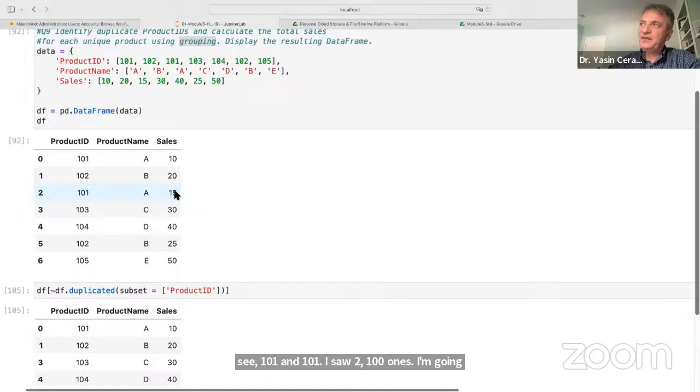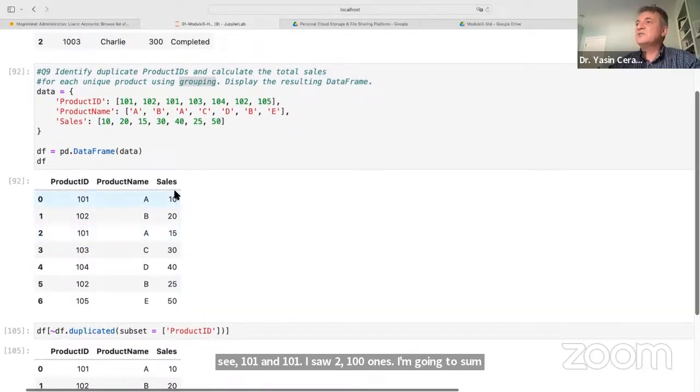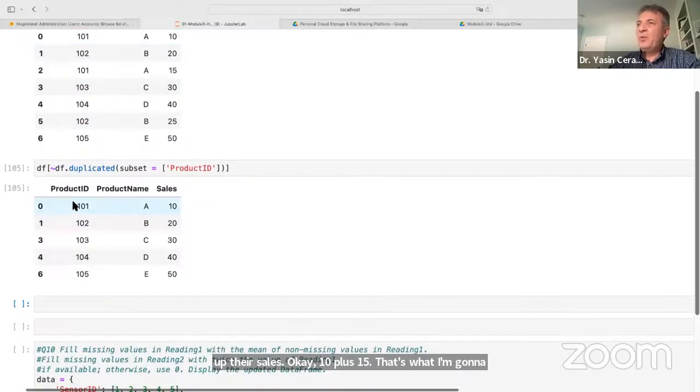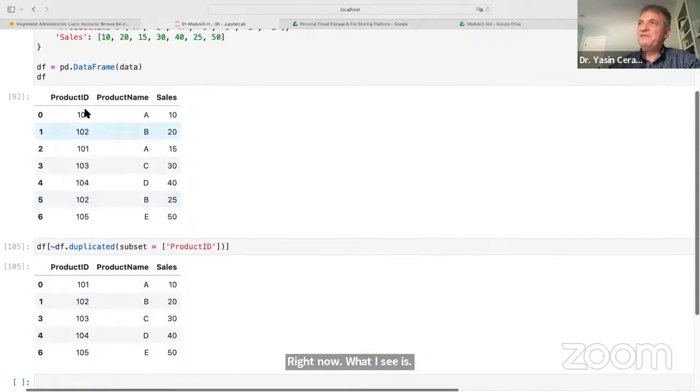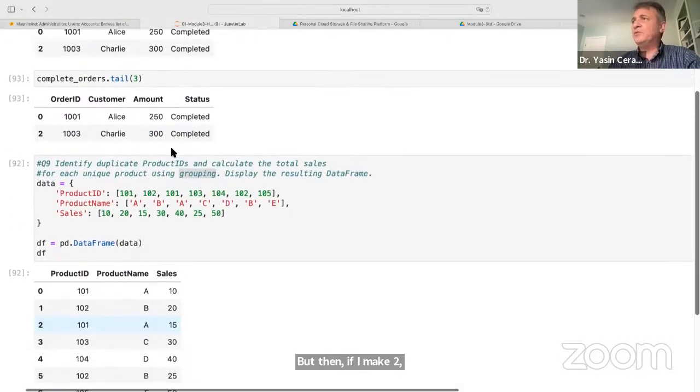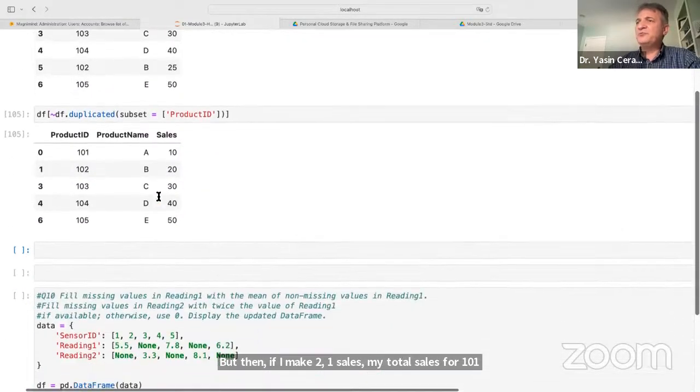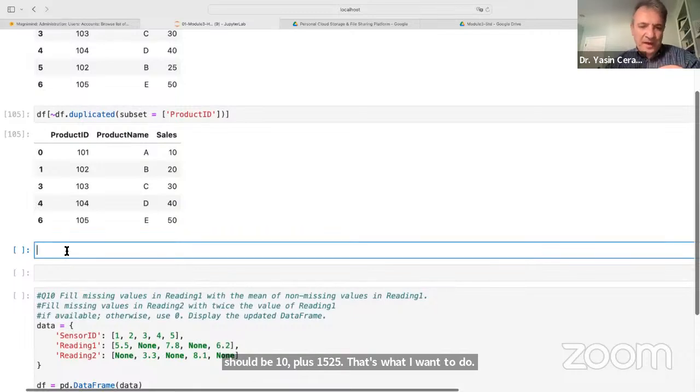10 plus 15. That's what I'm going to do, okay? So in other words, right now what I see is just a unique 101. But then if I make two 101 sales, my total sales for 101 should be 10 plus 15, 25. That's what I want to do, okay? So how can I do that? I don't need to find the